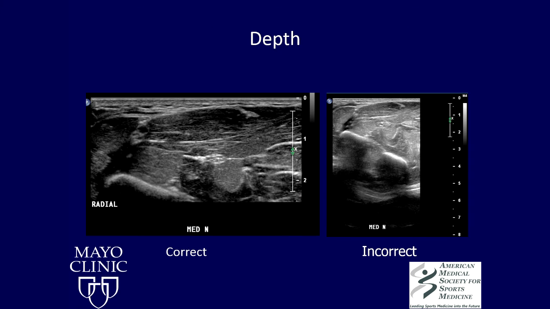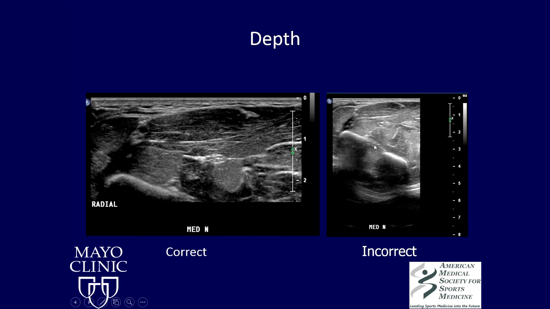So for example, if we're looking at the median nerve right here, and this is radial, and this is ulnar, so these are muscles superficial to the radial nerve, muscles deep to the radial nerve, or excuse me, median nerve. Here's your median nerve. You can see everything that's relevant to your median nerve, and you can see the median nerve very well. Now, if you increase the depth so that this little structure right here is your median nerve, here are your muscles above and below the median nerve, here's your radius, here's your ulna,